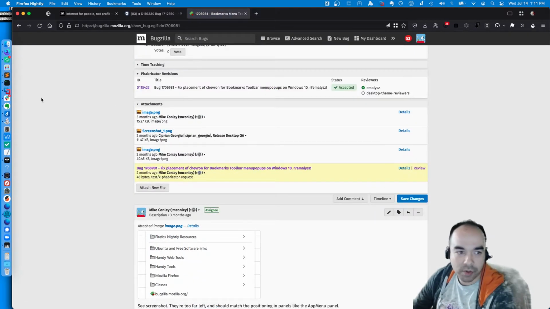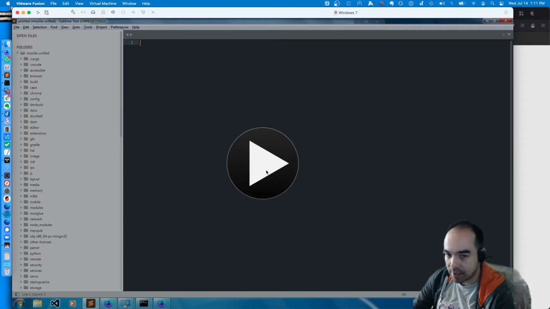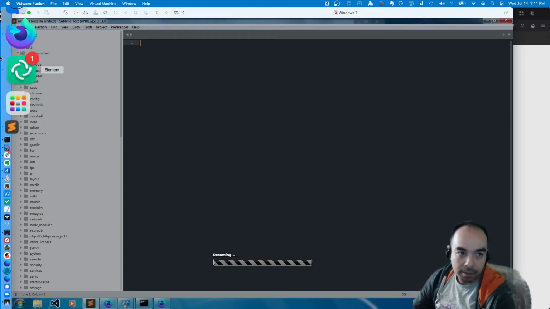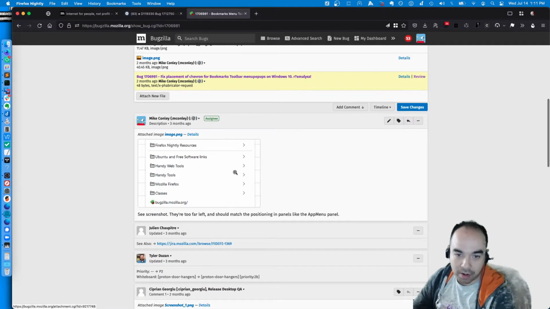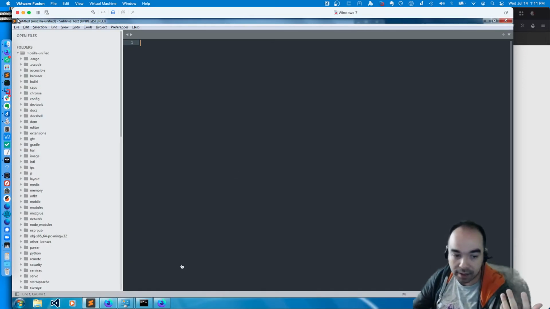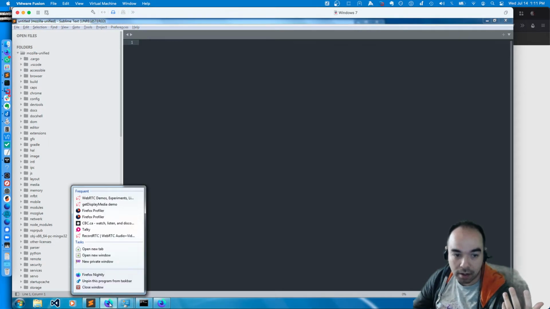Let me see if I can demonstrate, because this is a Windows only thing. So let me boot up my Windows 7 VM and I'll show you the bug. But basically, it has to do with the Bookmarks toolbar. If you're running Firefox Nightly and you use the Bookmarks toolbar, one thing you might notice in a recent Nightly is that the Bookmarks toolbar,